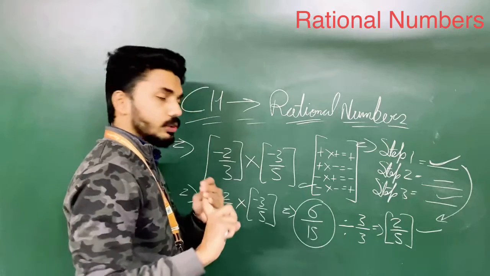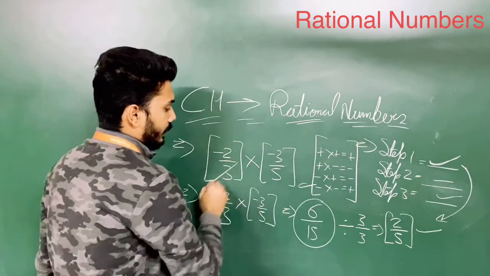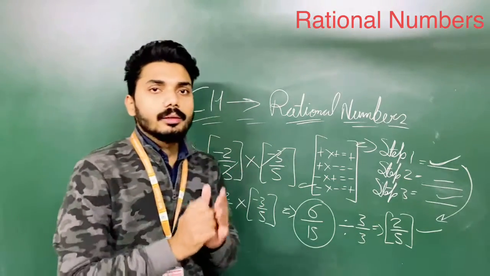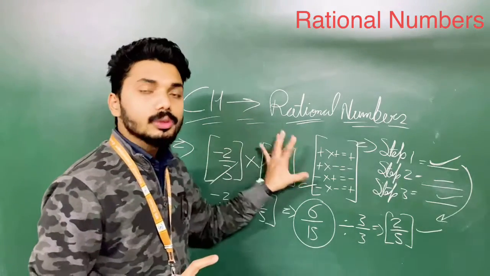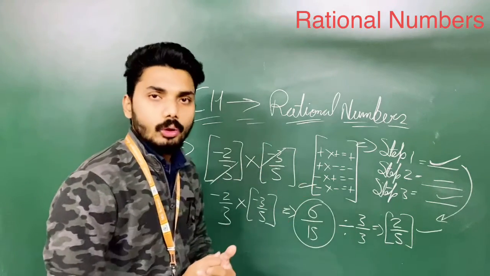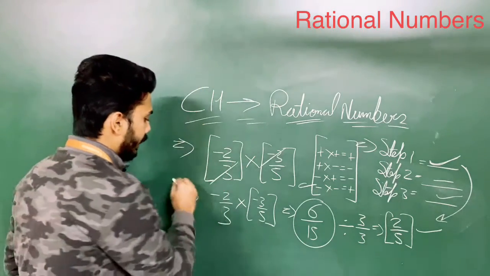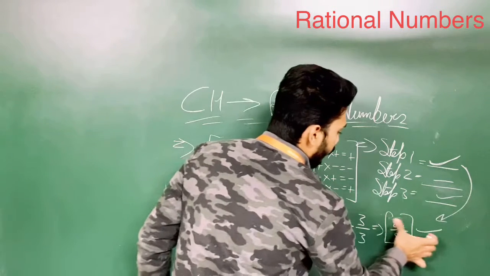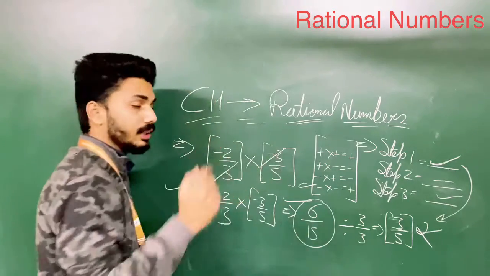Don't try this: most students start to directly cut the numbers, like 3 and 3 can be cut, sir. So you can do like this, but the problem is that if you directly cut the sum, there is a chance that your answer will be wrong and you will not get any marks for steps. If you show each and every step in your exam, then even if your answer comes out wrong, for example 3 by 5, you will still get the marks for your steps.